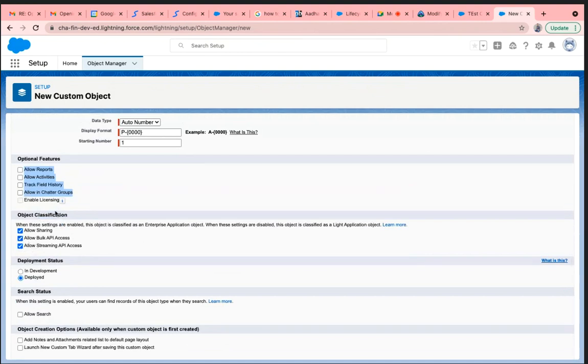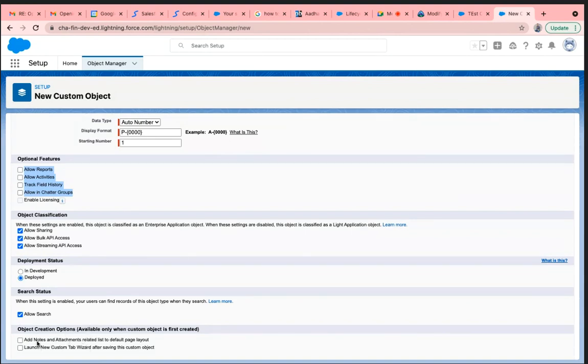These object classifications, currently you just ignore. Sharing, security, I can tell later on. If you tick it here, this object you can directly utilize. Allow search: we have global search, right? If you want to make it searchable there, you can use this button. And this you can see at object creation time only. These two things you can get only when you are creating the object. After that you can't see these things.